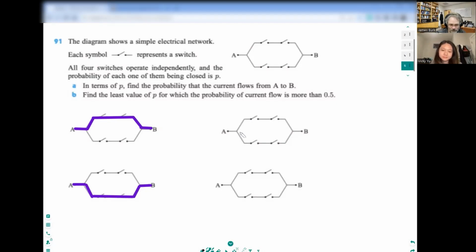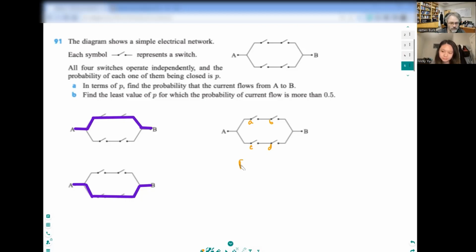Now, after we got a good understanding of what this is telling us, we make the observation that there's really 4 outcomes I need to consider. Because this can be closed and that can be closed, but the other ones can be open. Or this can be open, these can be closed, but I'm still not getting through. So let's go ahead and label this. Just gives us a little bit of bearings. Let's call this A, B, C, and D.